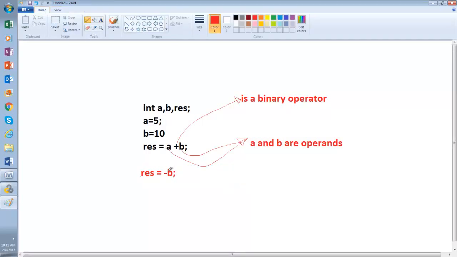Here this minus is a binary operator, like a plus.